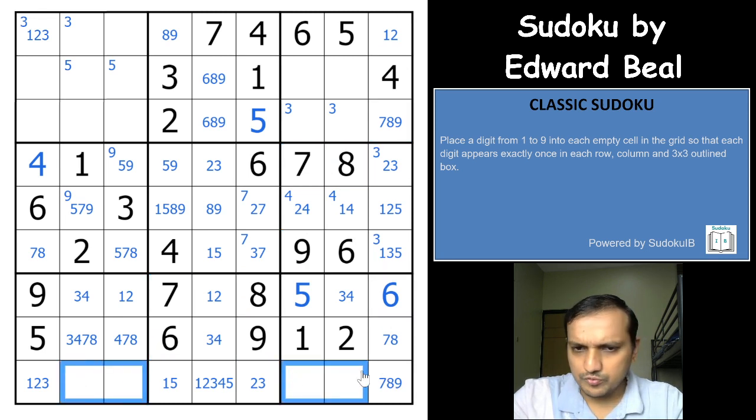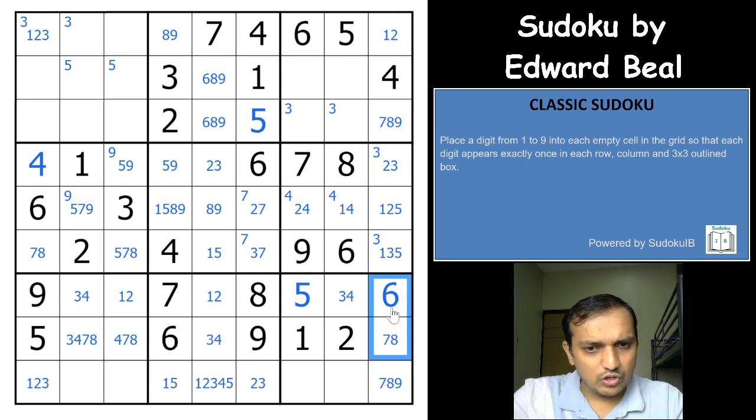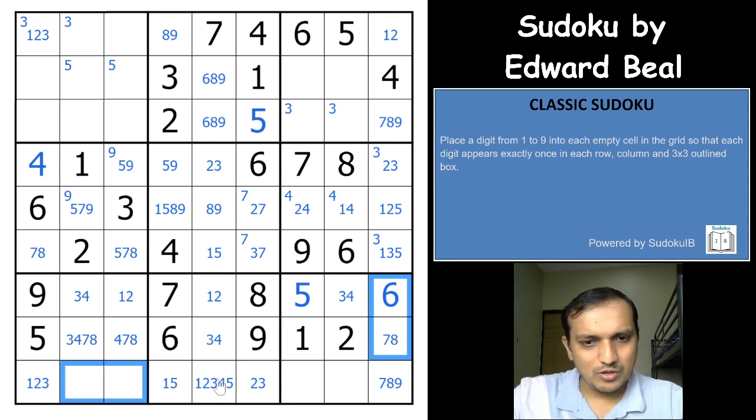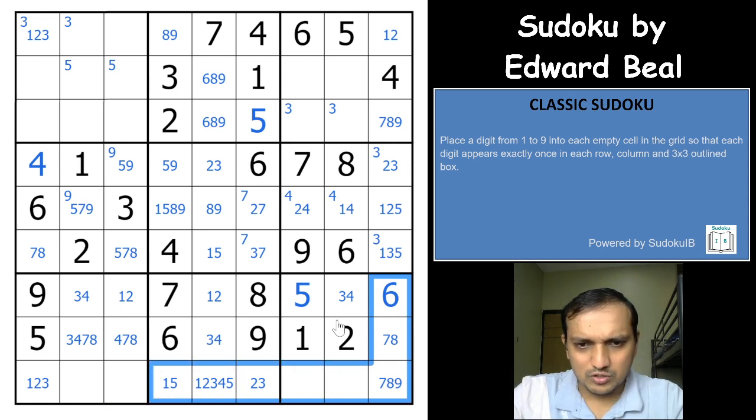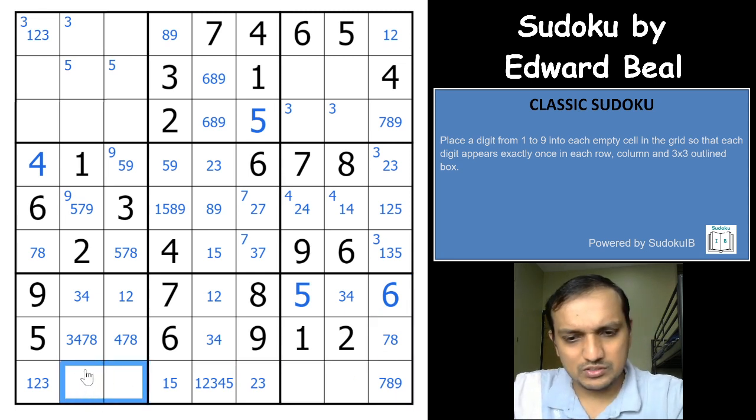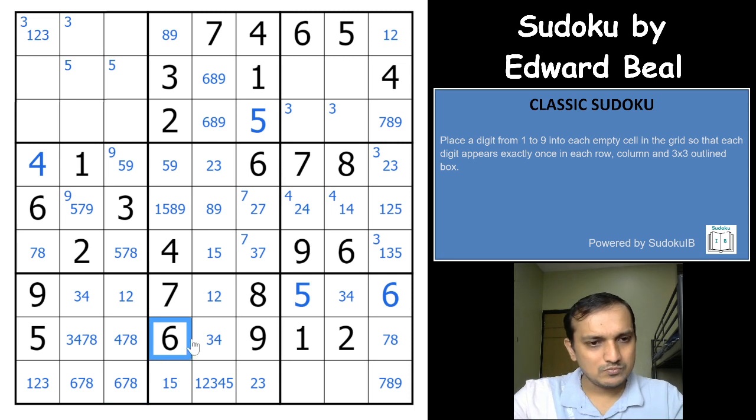1 2 3 4 5. So whatever you have in these two cells would have to be in these two cells, because whatever you have in these two cells cannot be here, because it would have to be either 6, 7 or 8, which is already filled here. It would have to be in one of these two cells only. That's amazing. So it has to be 6 7 8. Which means